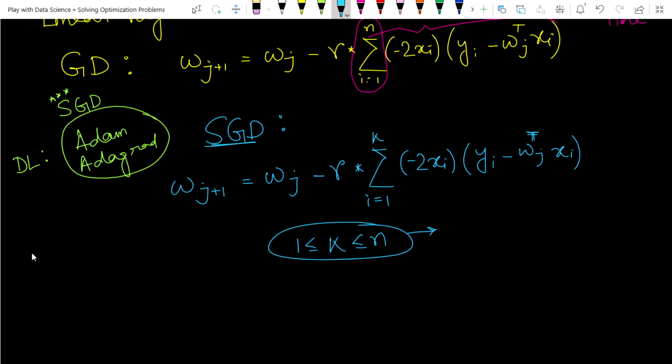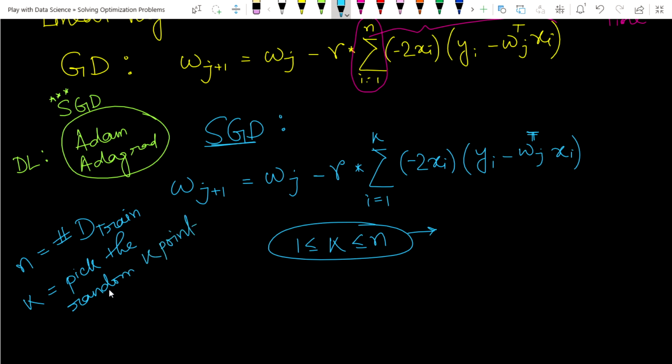Suppose n is the number of data points in our training set, and for k we pick random points. Here we pick k random points from D train.